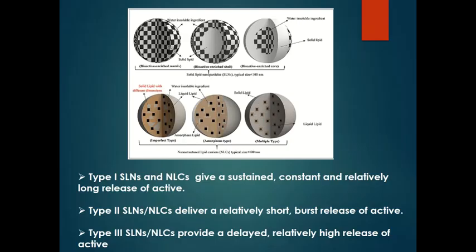Next, types of SLN or NLC. Based on the method of preparation, three types may be produced which will give you different release profiles. The first one, you can see, is where the drug is uniformly distributed throughout the matrix. These are called type 1, which gives a sustained and controlled, relatively long release. And the second case is called bioactive enriched shell. So what happens is your drug is dispersed toward the edge, the surface of the nanoparticle.